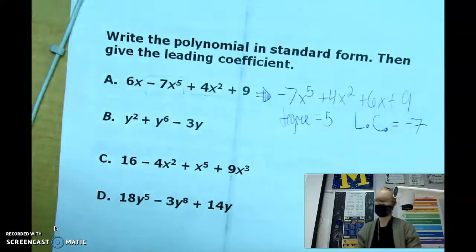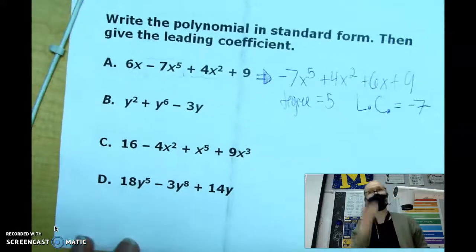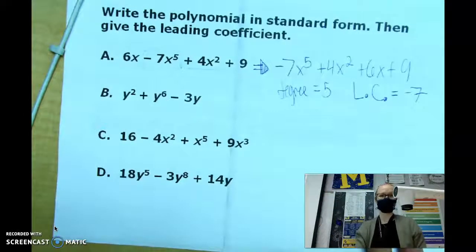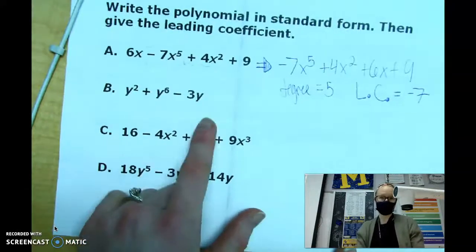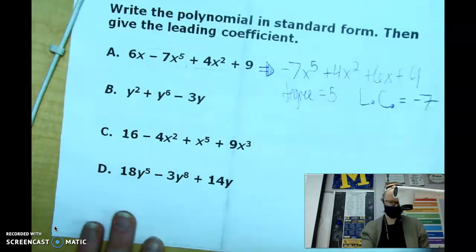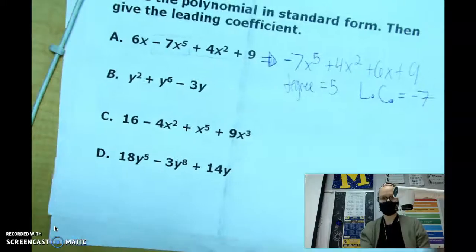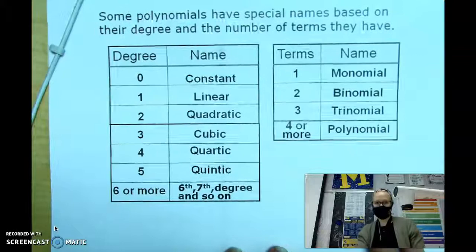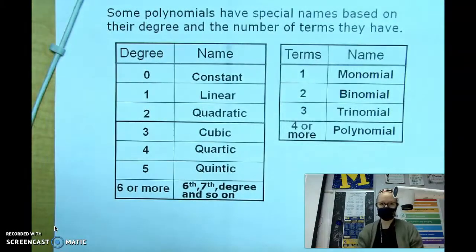Do you guys feel like you could do this on your own? I really don't think today's lesson is horrible, but you have to pay close attention to details, right? So common mistakes are people forgetting to take the negative with the 7, or not seeing the degree 5 here, right? So just tiny little things. But let's keep moving. I think you guys can put things in standard form, find the degree, find the leading coefficient. Last thing that we need to do, and yes, you do need to copy this down, is talk about